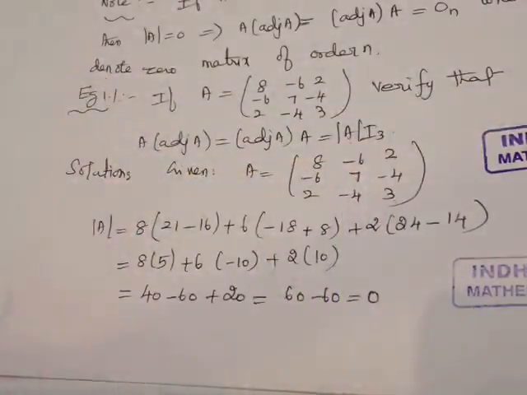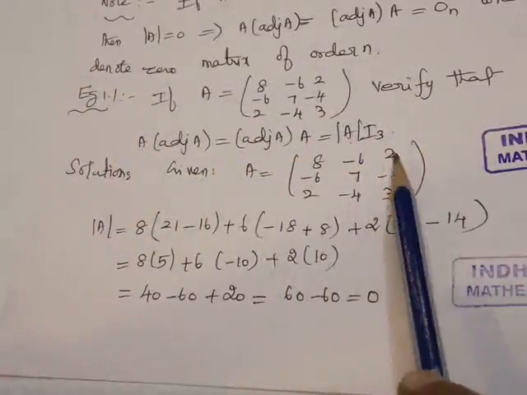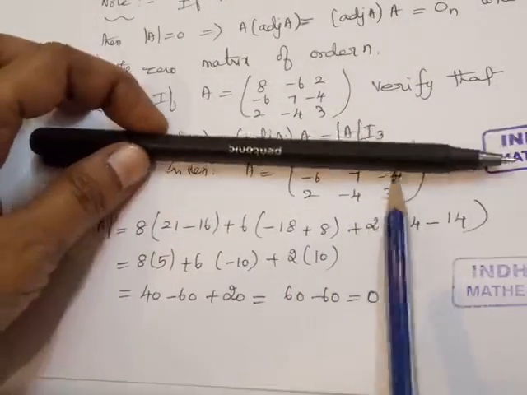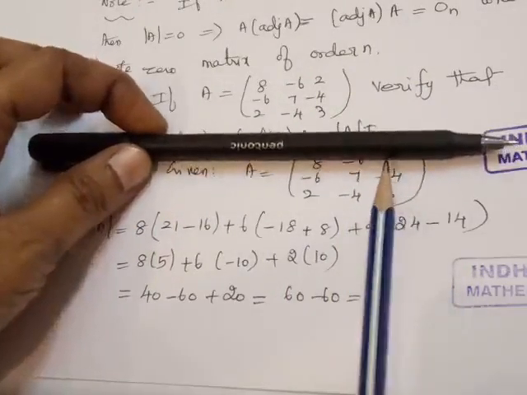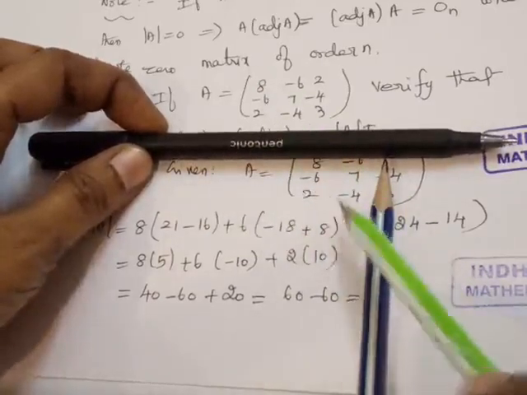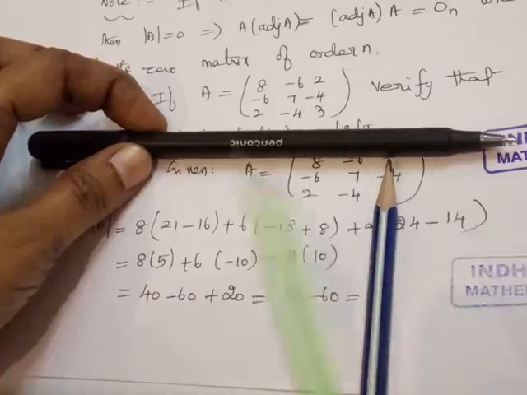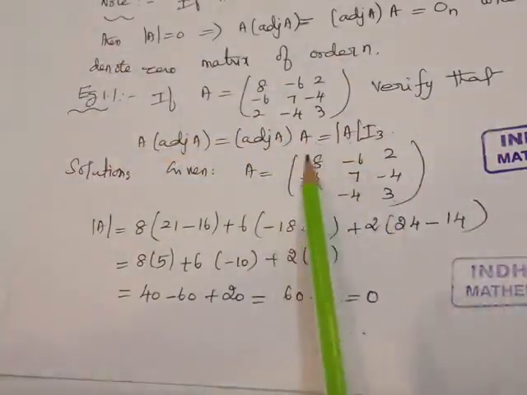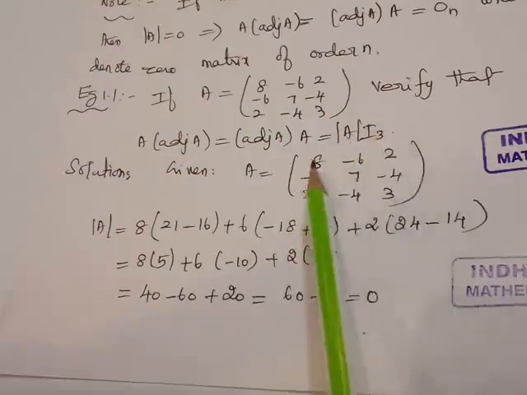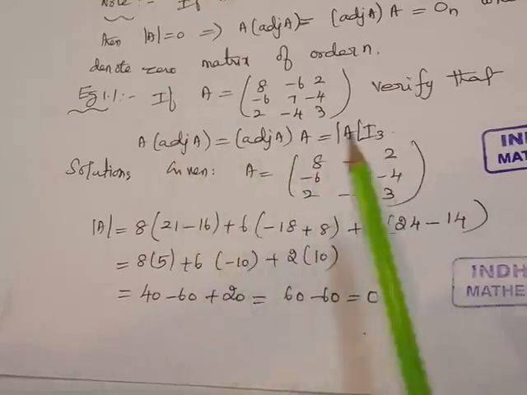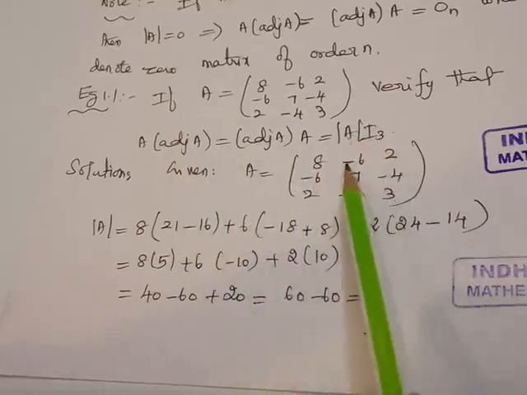Then the next element is plus 2, so we write it as it is. Plus 2. The corresponding row is the first row, the column is the last column. Delete it. Now we expand for the remaining. You will get minus 6 into minus 4 is plus 24. Formula is on minus sign. 7 into 2 is 14. 24 minus 14. While going for the expansion along the first row, for the second element we must change the sign. If it is minus 6, plus 6 will come. If you have plus 7 here, then minus 7 you have to write here.